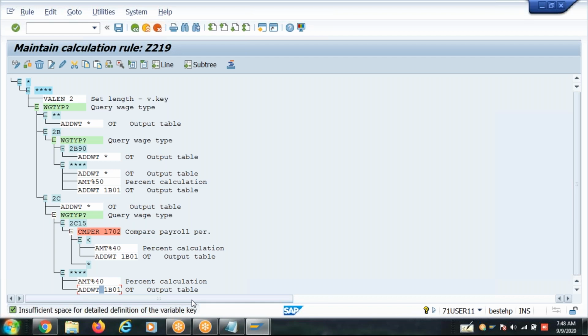We cannot follow the naming. First thing, we cannot follow the naming in every scenario. Second thing, even if you follow the naming, you will have to write exceptions going forward, because a new support consultant may not follow this naming and create a new waste type, and that waste type is executed here because it's a generic rule.